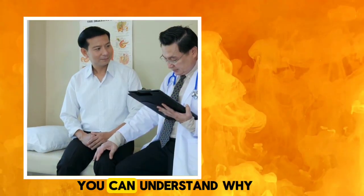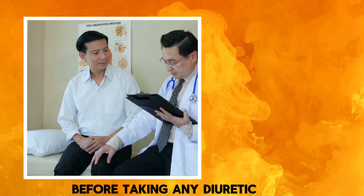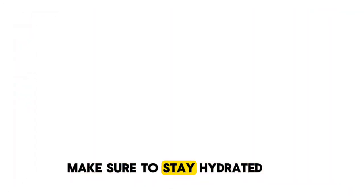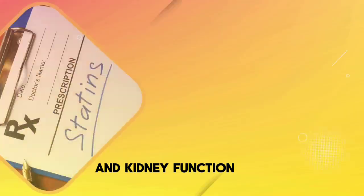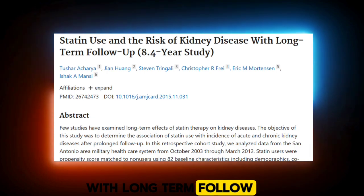With this, you can understand why it's very important to always check with your healthcare provider before taking any diuretic. And if you already suffer from CKD, make sure to stay hydrated and get routine checkups for electrolytes and kidney function. 7. Statins. A study titled, Statins Use and the Risk of Kidney Disease with Long-Term Follow-Up concluded that the